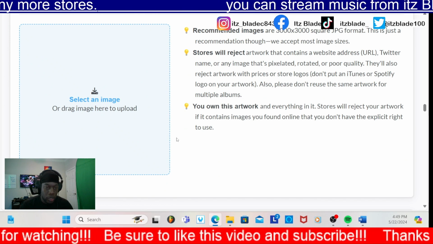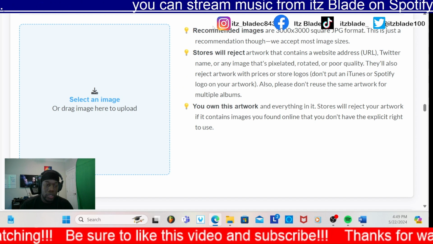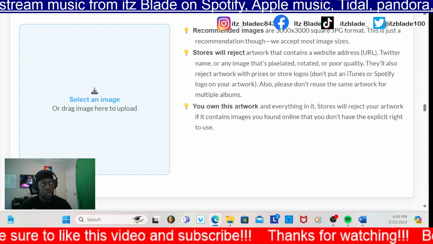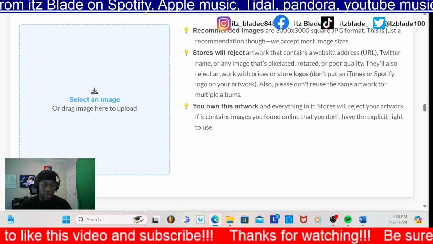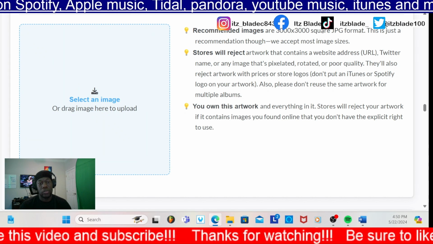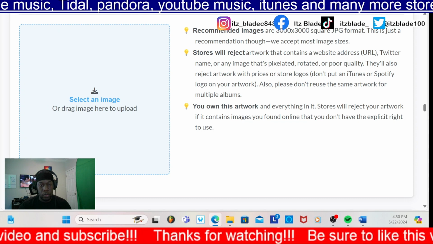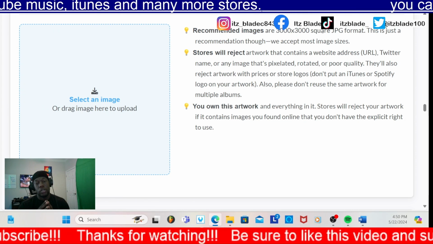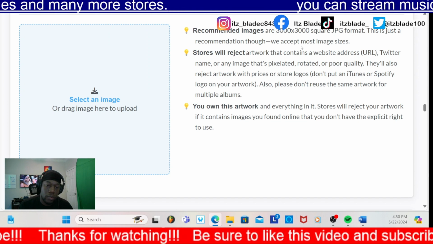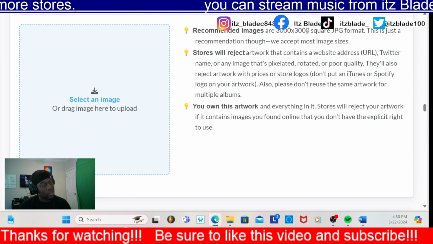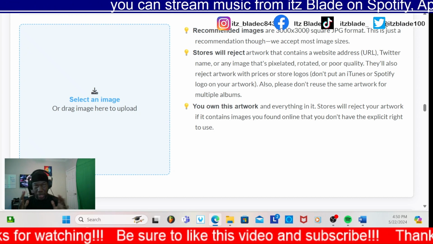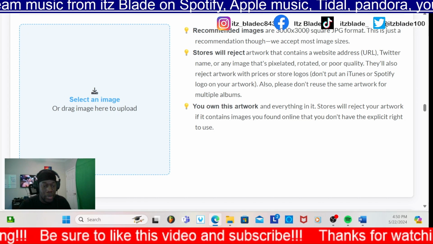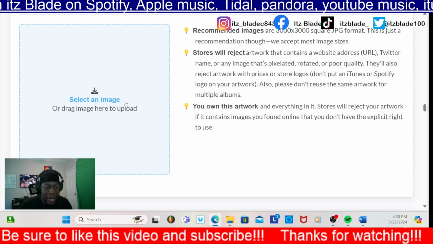So when you upload this image, it has to be a certain amount of pixels. So it has to be 3,000 by 3,000 square pixels at least. But 3,000 by 3,000, it'll make it square. I would just put it 3,000 by 3,000 because if you put it something else, it may distort your image so that it can go into this right here. So I would put my stuff 3,000 by 3,000. And at the same time,